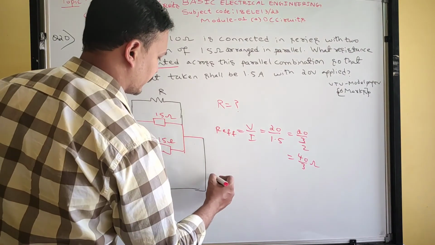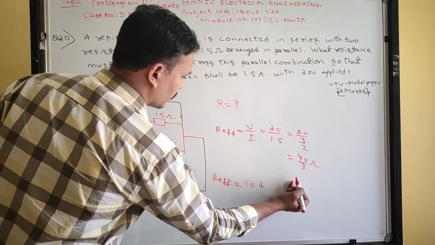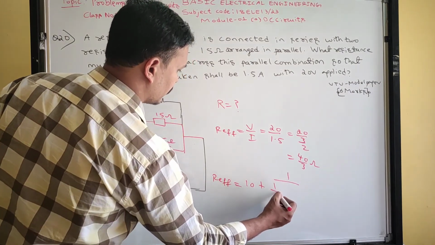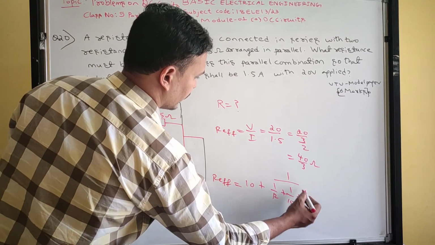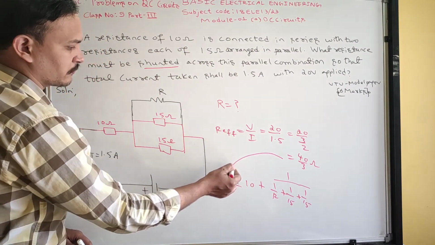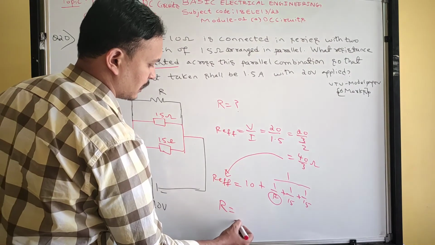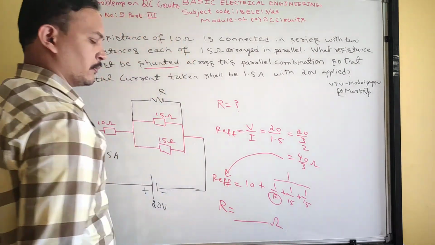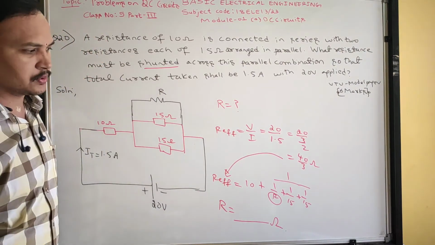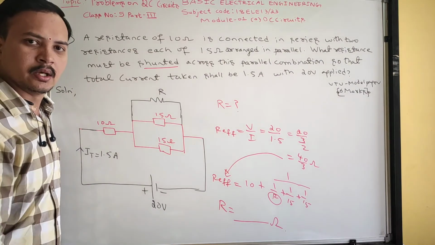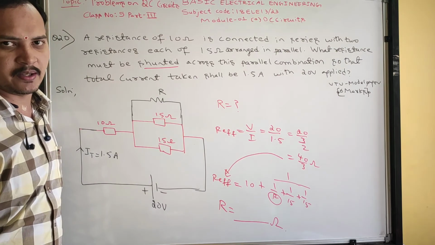Now what you can write effective another way? R effective is equal to 10 ohm resistance is in series with parallel combination. So parallel combination 1 divided by 1 by R plus 1 by 15 plus 1 by 15. So effective resistance you got from here, substitute here only one unknown variable. From that you calculate R value. You will get some ohms. Okay, I won't give answer. You can solve it because I done so many problems. By referring all such problems, you can easily do this. Okay. If you didn't get means you can ask me.